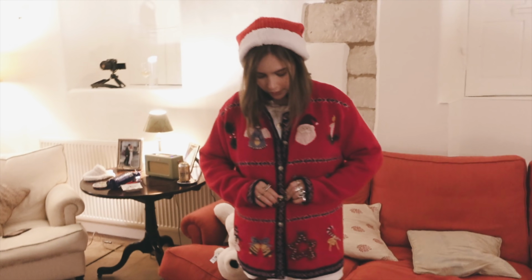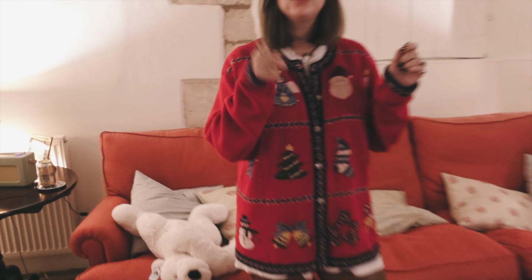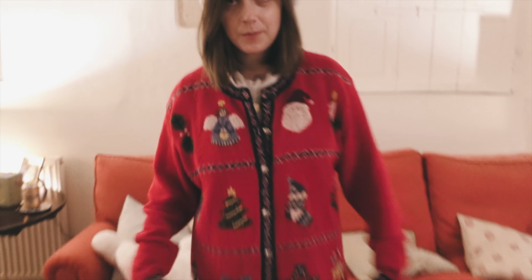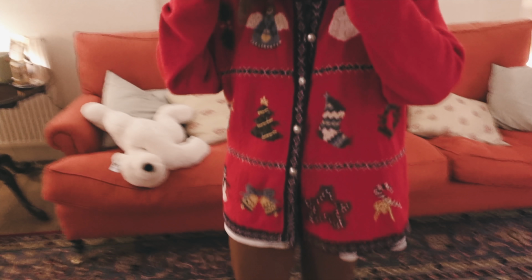Christmas hats on. Oh, and I haven't even shown you this cardie. Zach, take the camera and show the people my cardie. I got this off Etsy, I think it was. And the seller had loads of gorgeous Christmas cardigans, but by the time I had told my friends all about them and how many beautiful Christmas cardigans this seller had, sorry for Zach's camera work, they'd all gone. But maybe next year they'll get the same, so I'll link them up down below anyway, just in case you're watching this next year. It's very cute. Anyway, cut to...